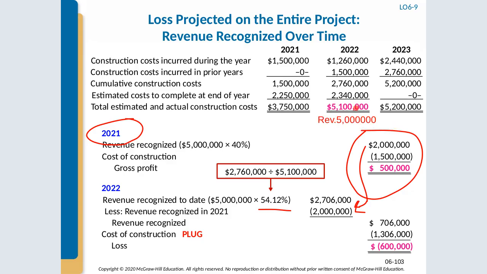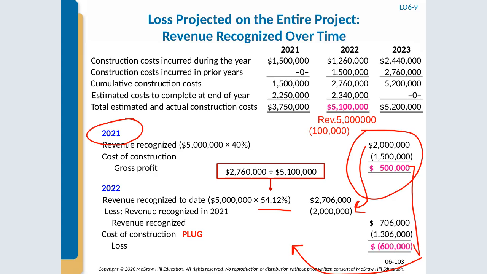Our costs are 5.1. That means that our loss is 100,000. So once we know that we have an overall loss for this project, we have to recognize that loss. We forget percentage of completion. We have to recognize the loss. So in order to recognize a loss of 100,000 cumulative between what we reported in the prior year and what we're reporting in the current year,